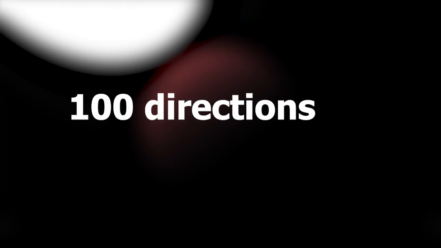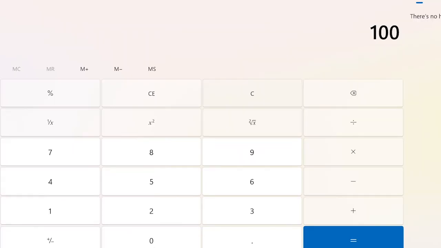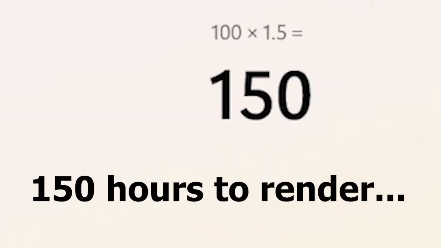Okay, so now let's address the elephant in the room, which is that the image is really noisy. And this is because some pixels still don't get illuminated despite being sampled from 10 different directions. We can try sampling from 100 different directions, but I feel like I don't need to explain why this is a bad idea. Okay, so 100 light rays per pixel, if it bounces twice, that's 100 squared. And our current one takes 100, so it will be 100 times worse. And since our current one takes 1.5 hours,